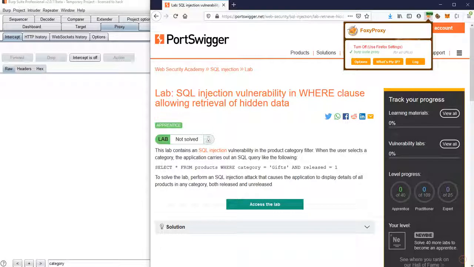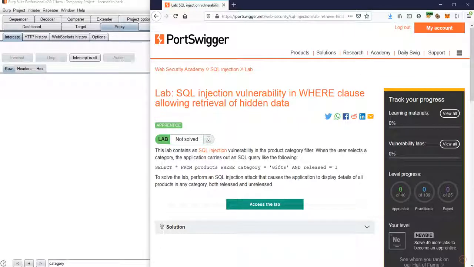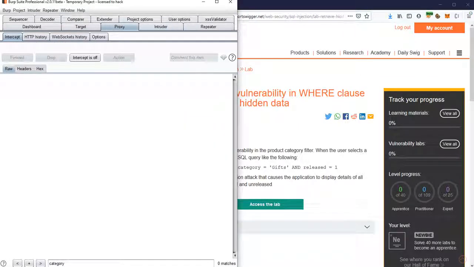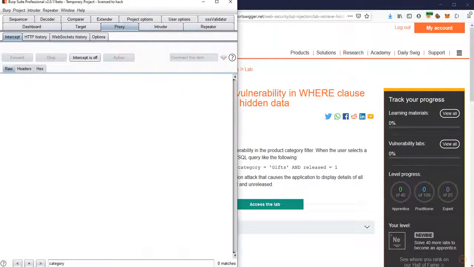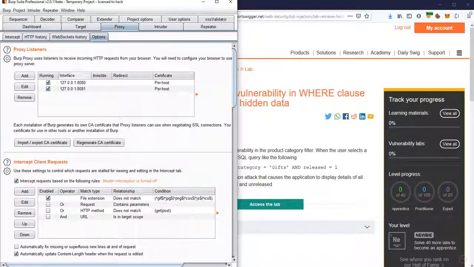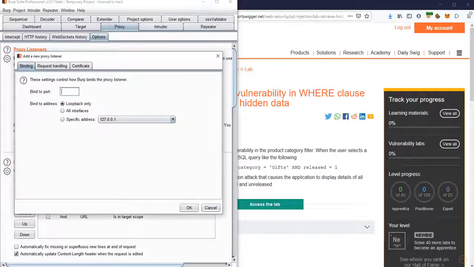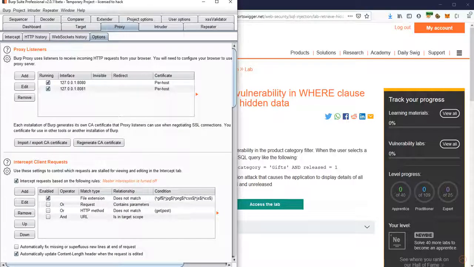Okay, because this is the first video, I'm showing you what the prerequisites are. One thing is you need to configure this proxy setting, and the second thing is you need to have this tool, of course. Okay, so that's it. And this proxy is configured so that my requests go to port 8081. When I am specifying a specific port in the tool, I also have to go to Proxy and then Options, and add 8081, and then select the localhost address and click OK. So that's how I am adding it. Now we are good to go.